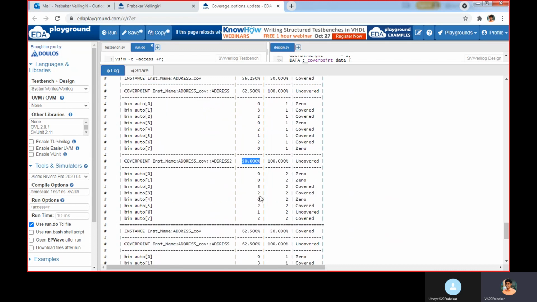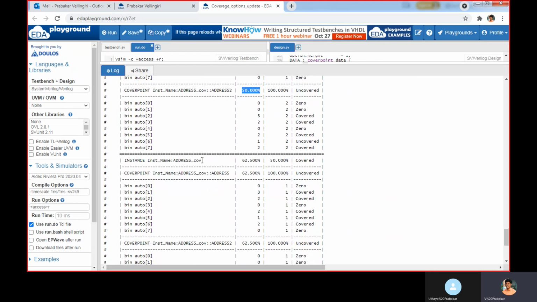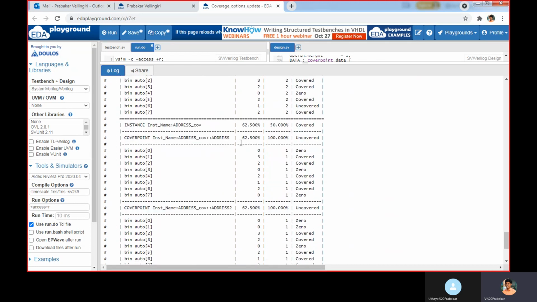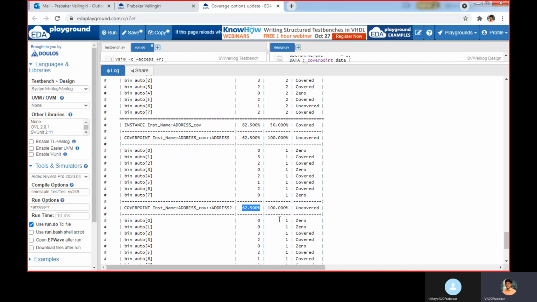In the second instance of the same address cover, that means my cover 2, I'm getting 62.5% for address and 62.5% for address 2. In the first instance it is less, here it is higher. The reason I will tell later.